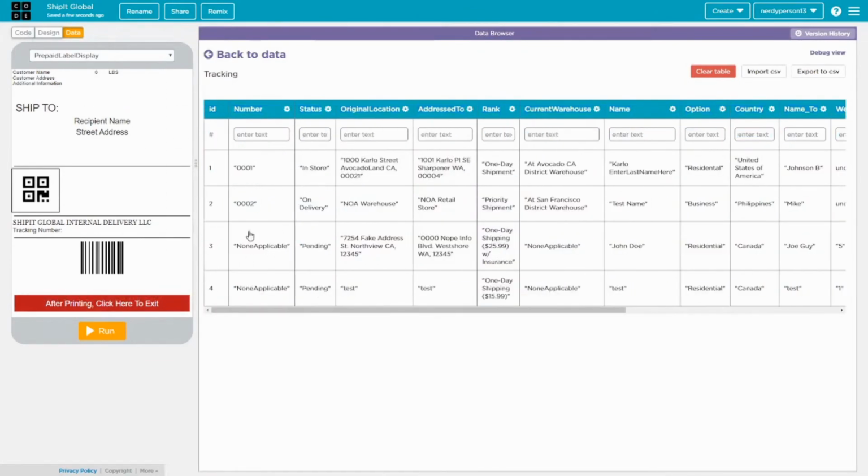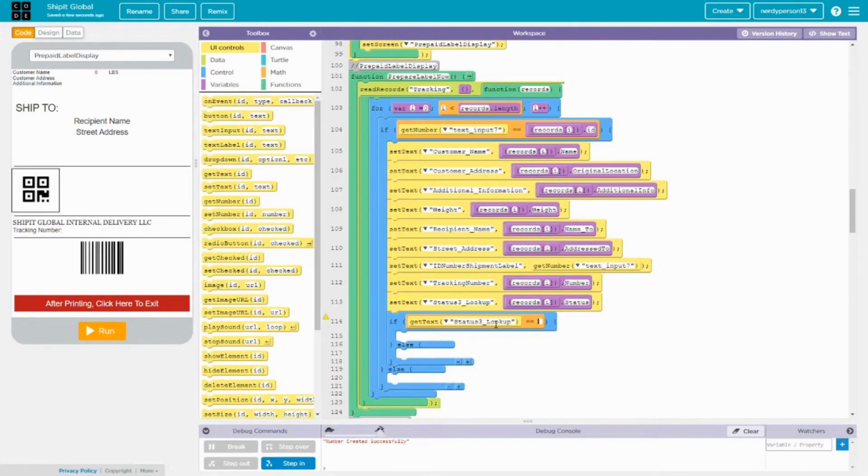Pending. Pending, then we will set a text on status 3 pending right here. Otherwise